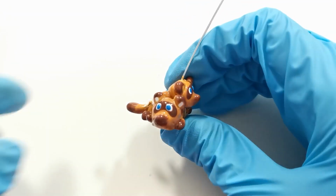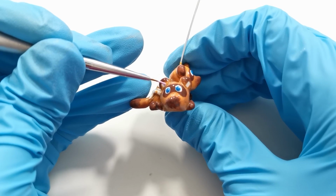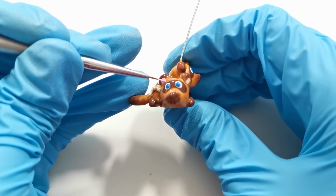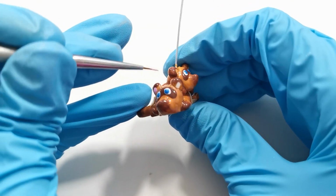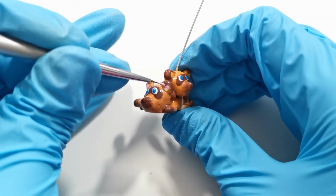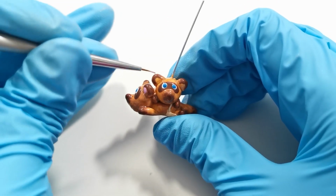Now do the pink bits in the ears. So I'm just gonna go in with a brush this time and just add that in. Like so. Yeah, I feel like I'm definitely going to have to fix up those eyes. They're a bit wobbly. The pink bits just make it look so much cuter. Okay, and the other one's is...